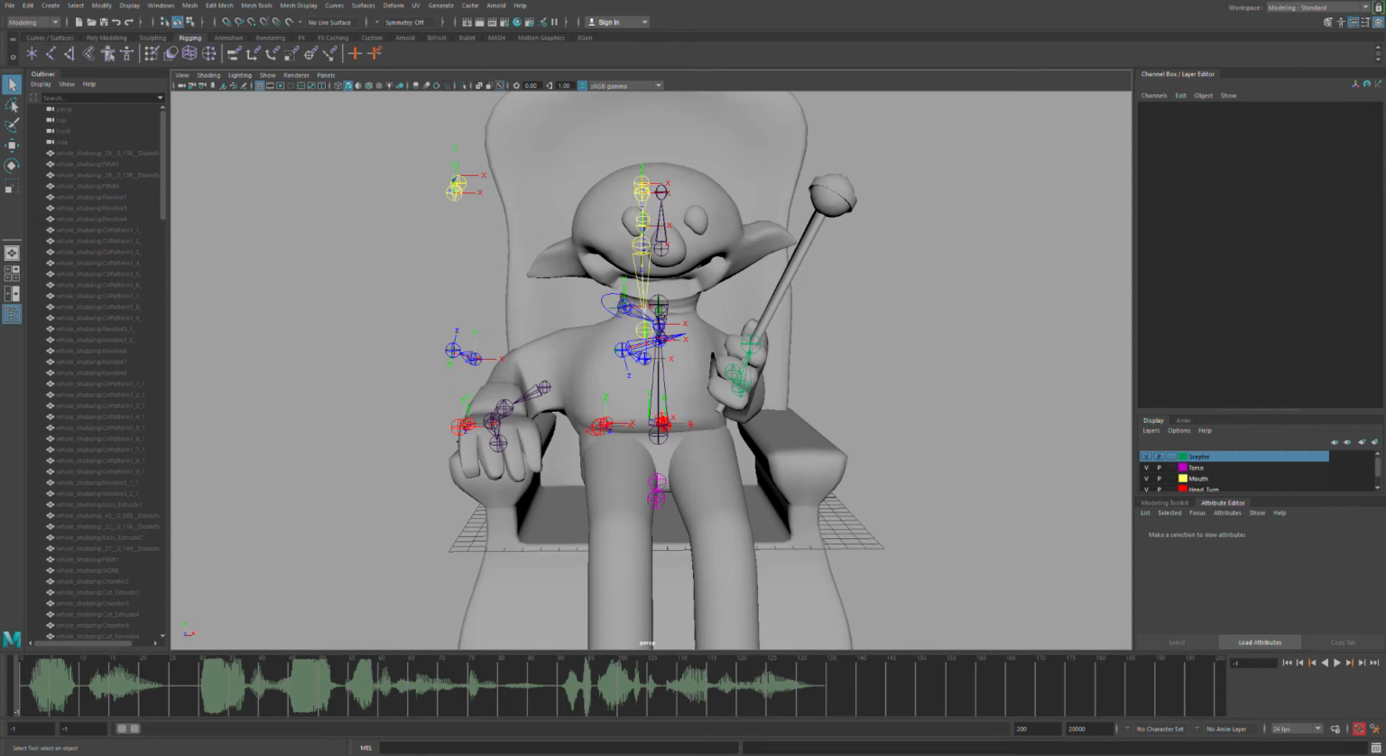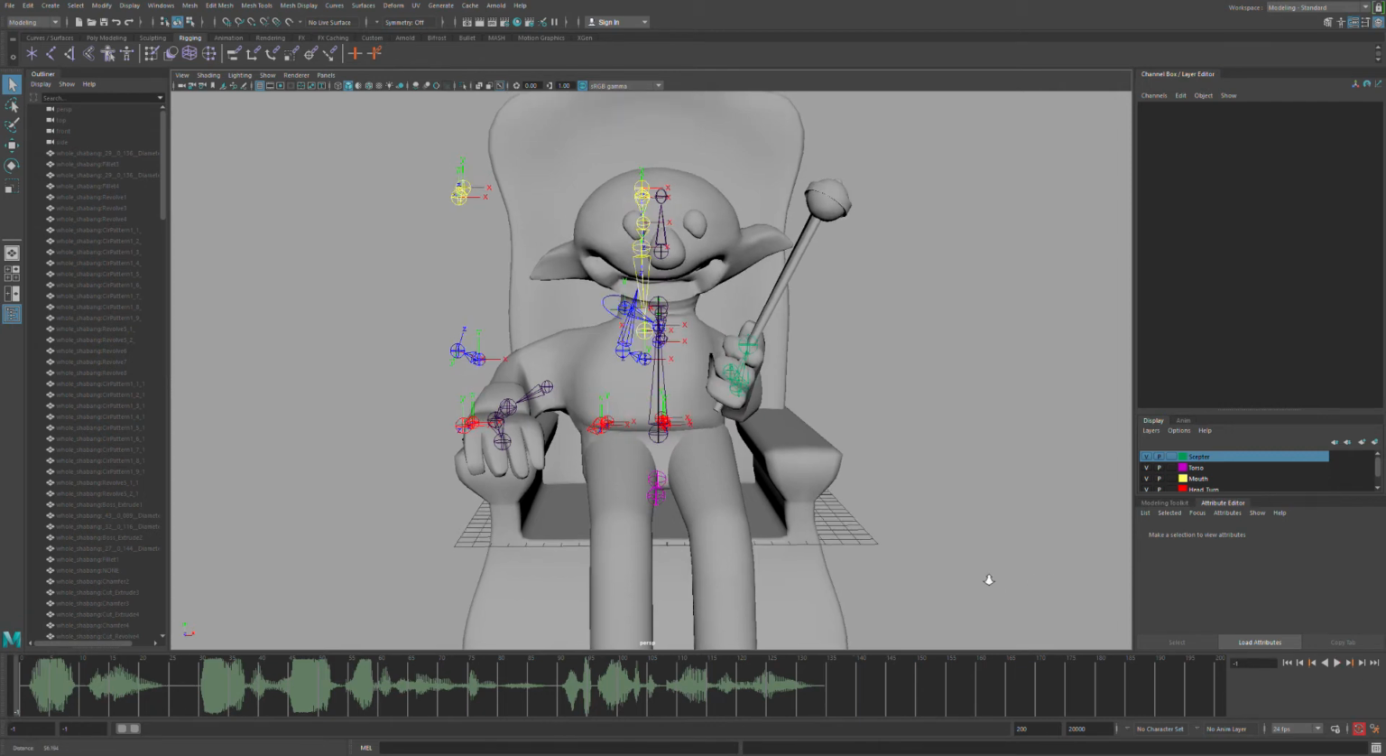So to begin with the process, as you can see, this is our animation file. And if I go through this animation,